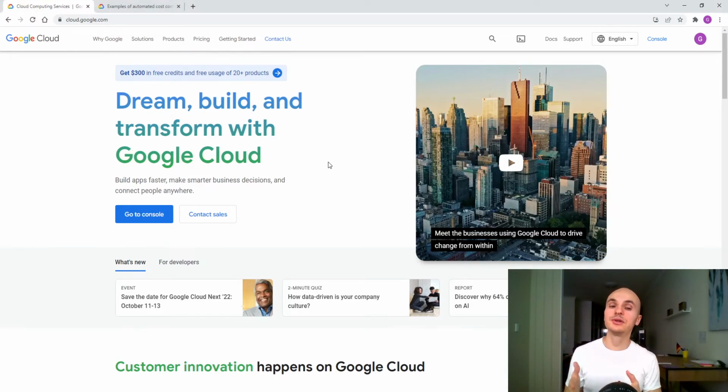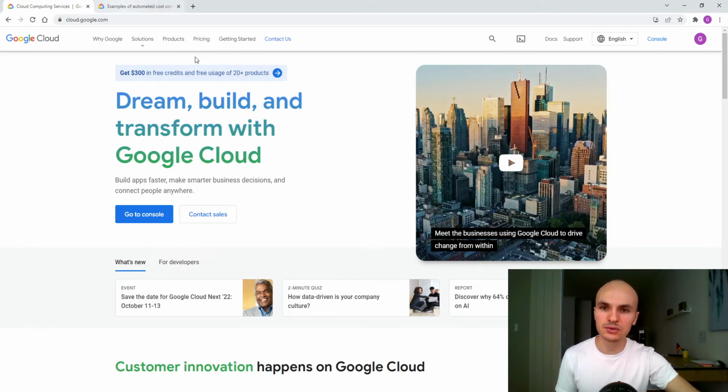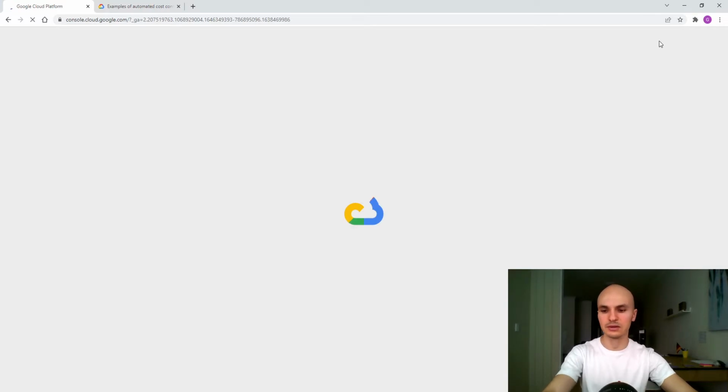Although we are not going to create the first step when you create a Google Cloud account, which is the billing account, because I've been doing it too much recently, and now it requires 48 hours verification from Google for me to create a billing account. So assuming you have a billing account, we can dive directly into the console,